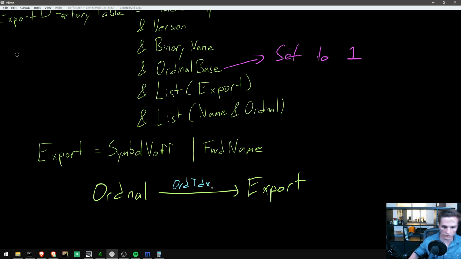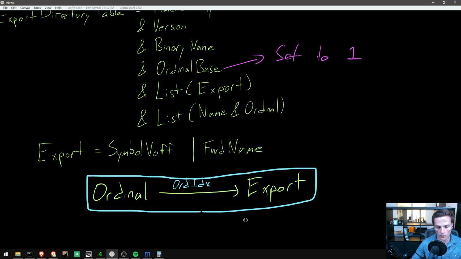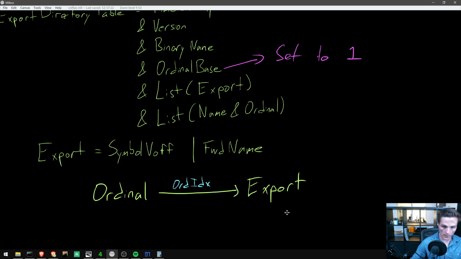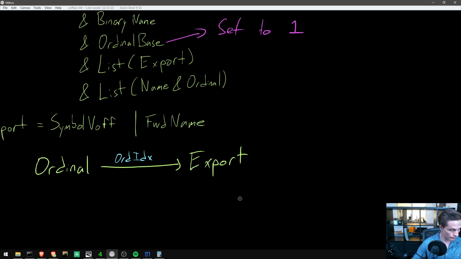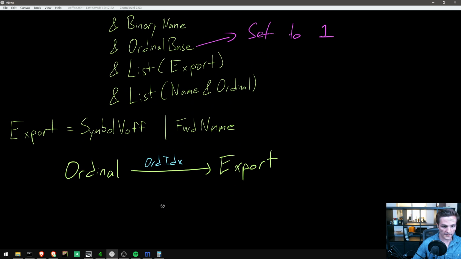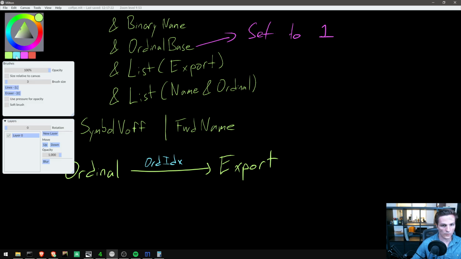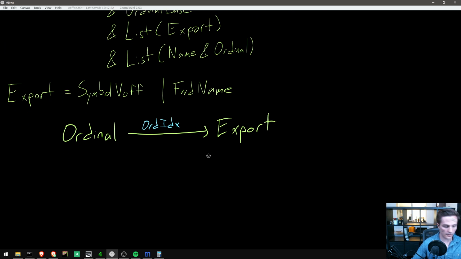Right, we can just do an ordinal index into the exports to turn an ordinal into an export. The list might contain multiple ordinals that point to the same export. There might be exports that are not covered here, so this is neither onto nor one to one. Now, because of the existence of this property, we can rearrange